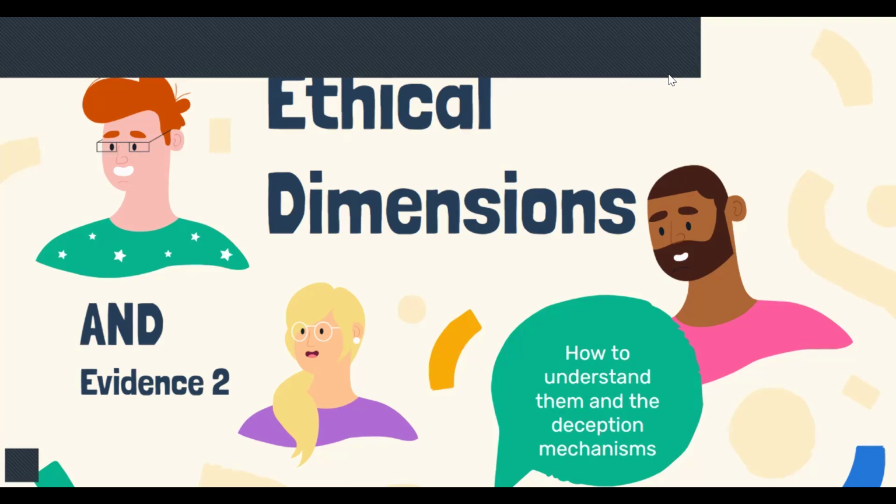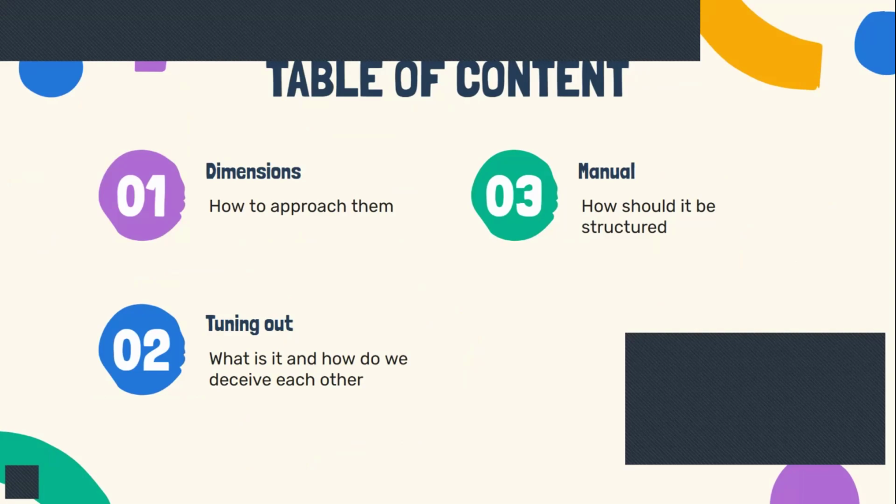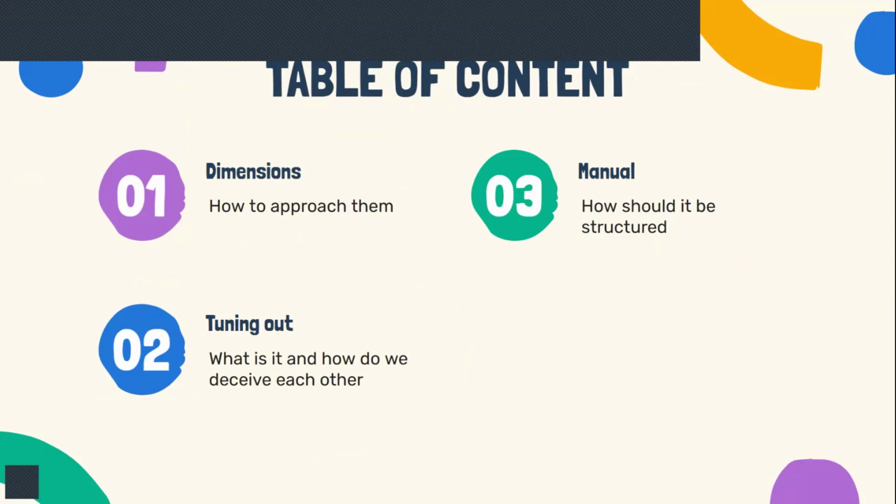I think this evidence is a little bit more visual, but there are some conceptual elements, of course, that need to be developed a little bit. So, the basis on which this second evidence is going to be worked. I would like to begin by letting you know that we are going to be discussing the different dimensions, the characteristic element of this evidence, which is this idea of deception, of being turned out. And lastly, this idea of a manual,